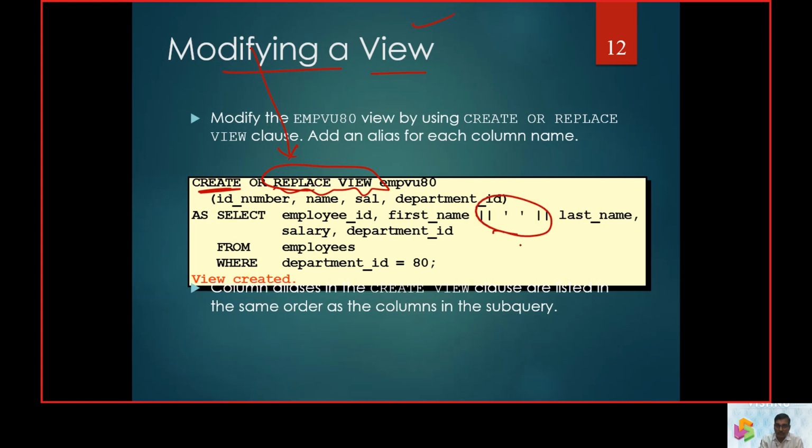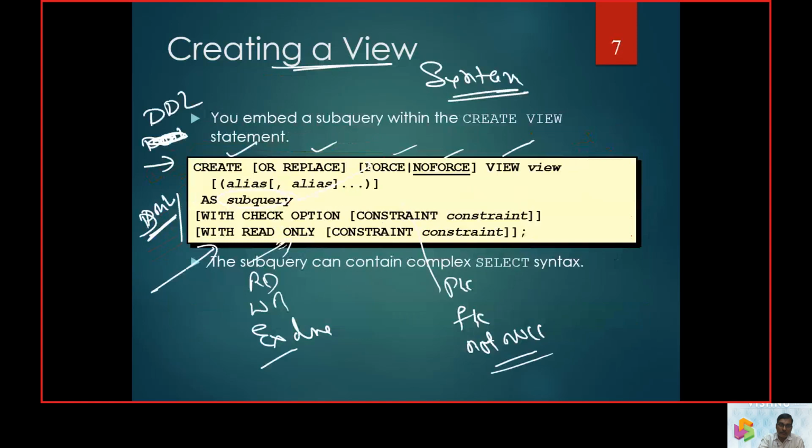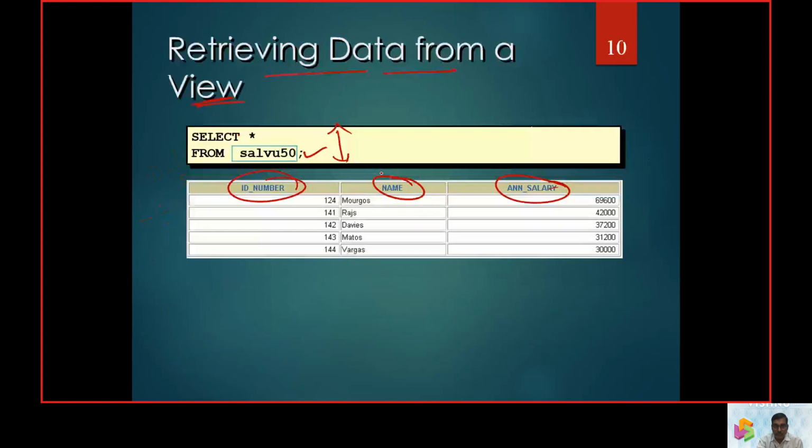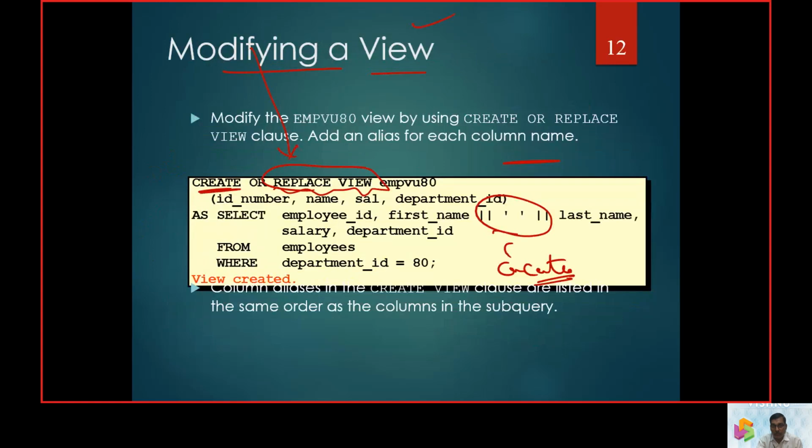So we are making some concatenation operation. We are going to make some concatenating operation, and we can add some aliases to the column name here. So these are some of the alterations or modifications that we are going to recommend. So earlier when we created a view, we made only create. Now we are going to work with the optional entry. That optional entry we call replace. That is where a modification of a view is going to be promoted.